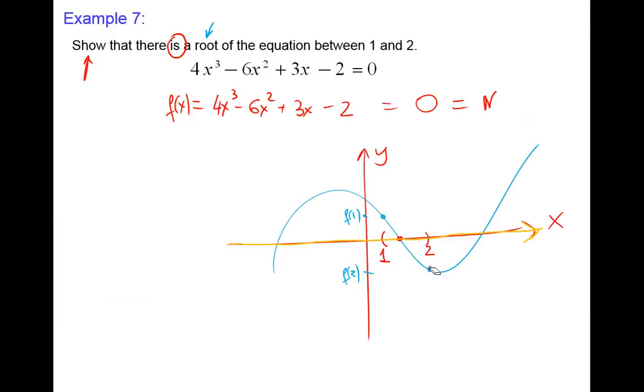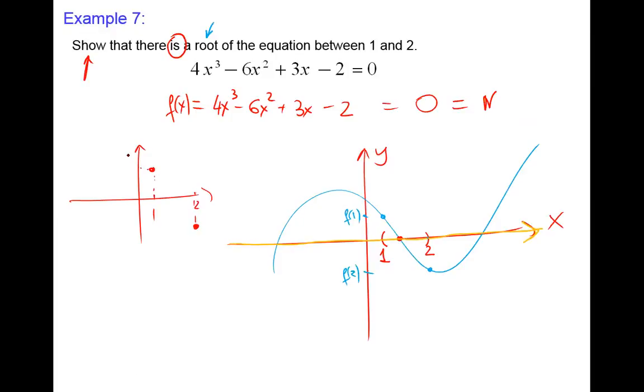That means, can you see what's happened? One value is above the x-axis, one value is below. That's actually the guarantee. If we have the situation of one value above, one value below, like this is for 1, this is for 2, those are the corresponding values. If the function is continuous, which this is, in order to connect them,